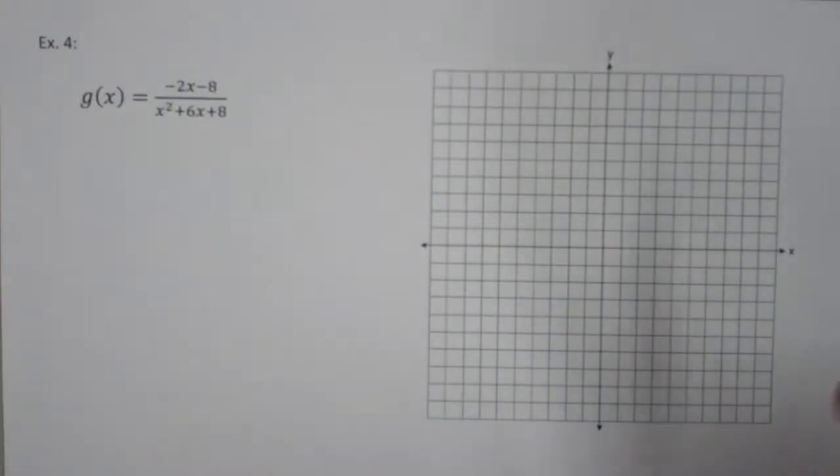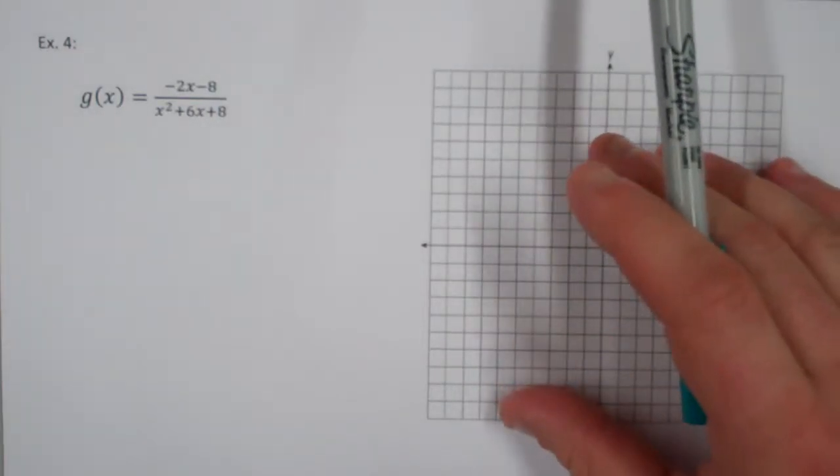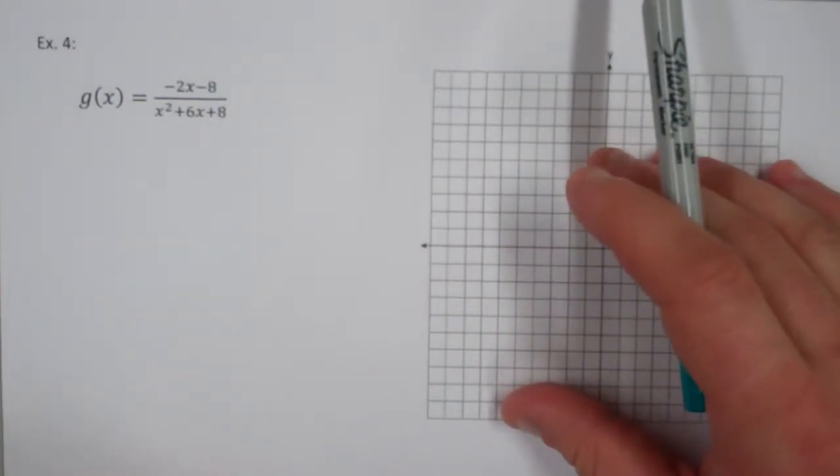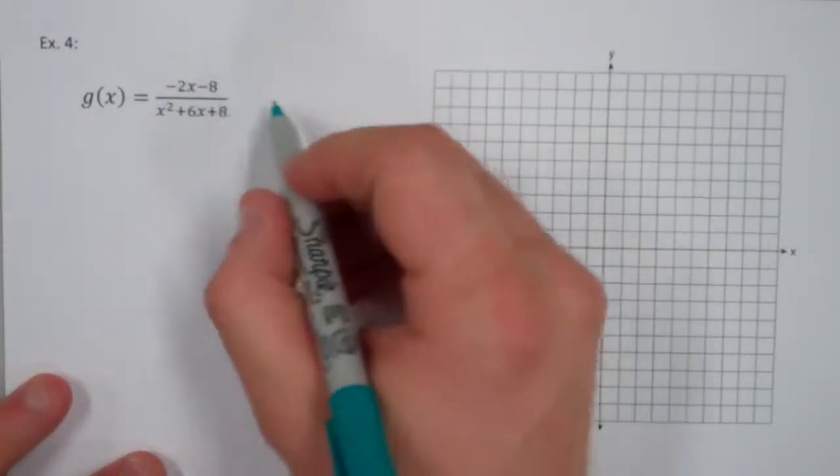In this example, we want to try to graph this rational equation. We're going to find the vertical asymptote, horizontal asymptote, and any x and y intercepts. The first thing we want to do is try to factor this, and then we can find a GCF here